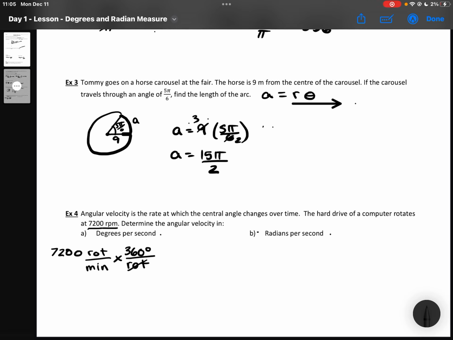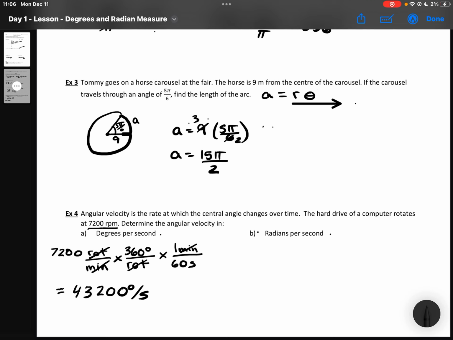That is going to allow me to cancel out those units. And then I'm going to change minutes into seconds. I know that in 1 minute, I have 60 seconds. That's going to allow me to cross out my minute units. And then multiplying 7,200 by 360 and dividing by 60 seconds is going to give me